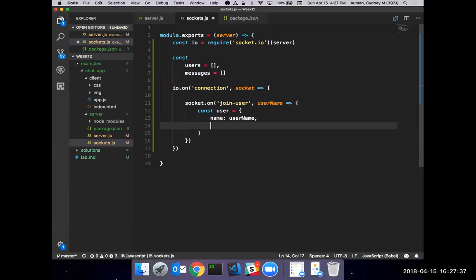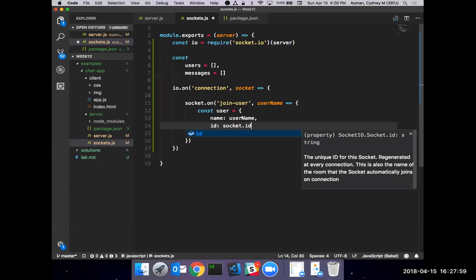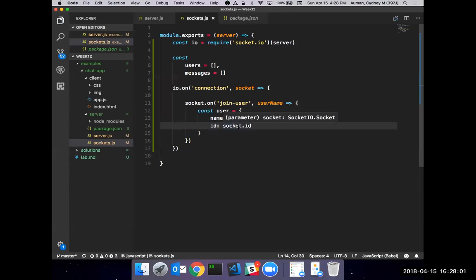And a lot of times we like to store IDs. We like to give our users IDs, right? If you were actually putting these guys in a database, you'd have an ID associated to that row in the database. And here we do get a little bit of that for free because when a connection is made, a unique socket ID is created. So if I connect once, I get a unique socket ID. If you come over and you connect, you're going to get a unique socket ID, and so on and so on. That's just generated behind the scenes for free with Socket.io.